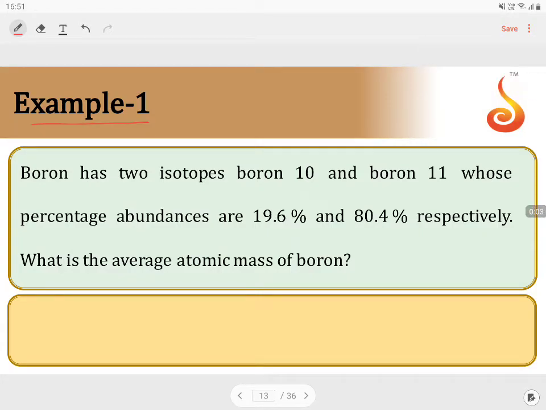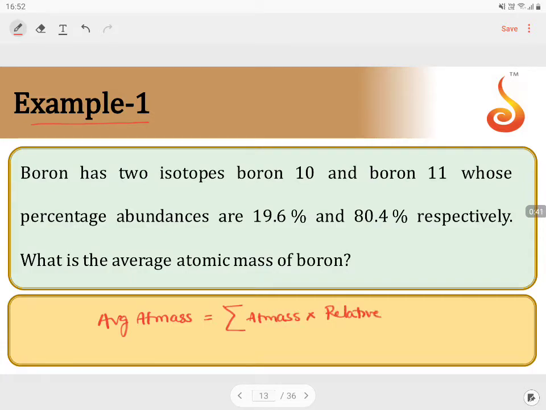Example number 1 is related to the average atomic mass of an element with respect to its isotopic masses. If an element can exist in more than one isotopic form, relative to their abundances, relative to percentage abundance or the ratio of their abundance in that sample, the average atomic mass is calculated with the formula: the average atomic mass of a substance or an element is equal to the sum of the atomic mass of an element times its relative